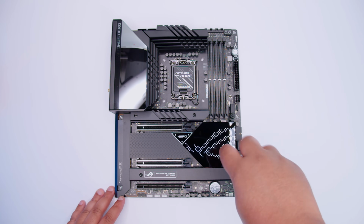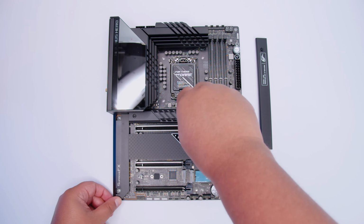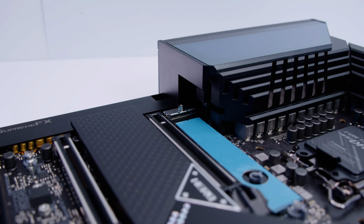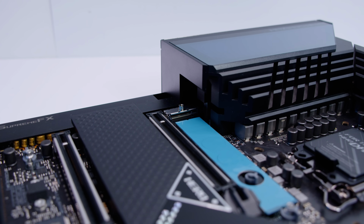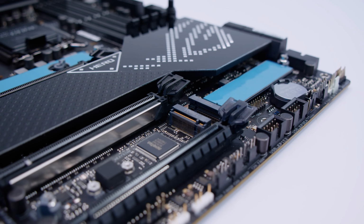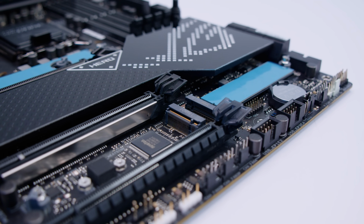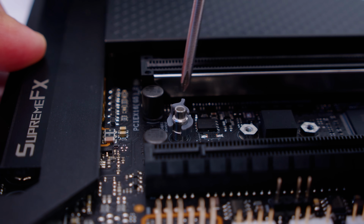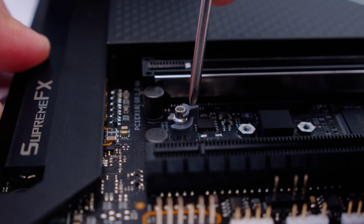Alrighty, let's take off those M.2 heatsinks so I can explain to you guys what's going on with the storage situation on this board. So on the top M.2 slot, this is a PCIe Gen 4 M.2 slot. On the bottom, you've got another PCIe Gen 4 M.2 slot, as well as a PCIe Gen 3 M.2 slot. And much like ASUS's Z590 boards, there are these M.2 clips as well, so you don't need to use screws